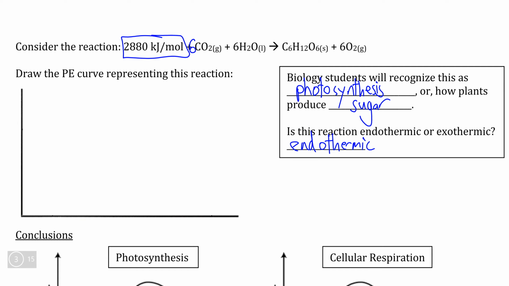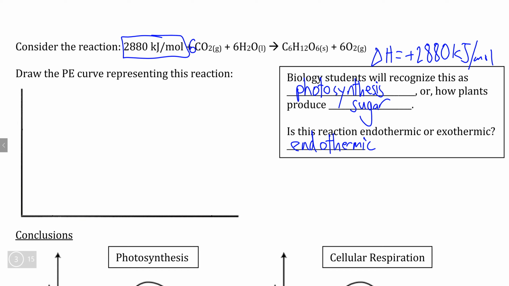Now, again, even if you don't know what this reaction is, we can still identify that this reaction is endothermic because we see that our energy term is a reactant instead, meaning that if we were to write out delta H independently of the reaction, it would be positive 2,880 kilojoules per mole. Likewise, if we were to draw this out, we know from the formula of delta H